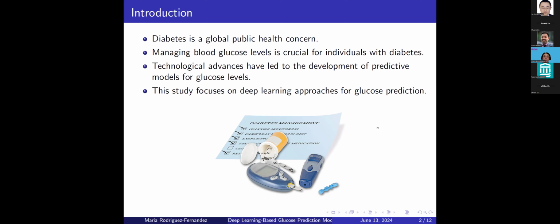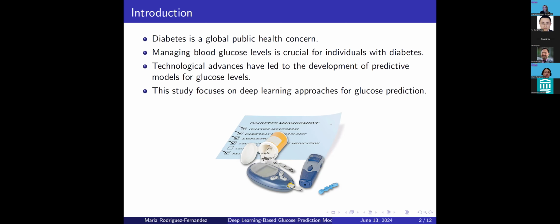So for these patients, something crucial is to maintain blood glucose levels in a correct level. And what they have to do at this point is manage it with insulin administration. There are many devices now, like the artificial pancreas, that help control these levels. So the idea is we have to measure the glucose and we have to administer the appropriate amount of insulin